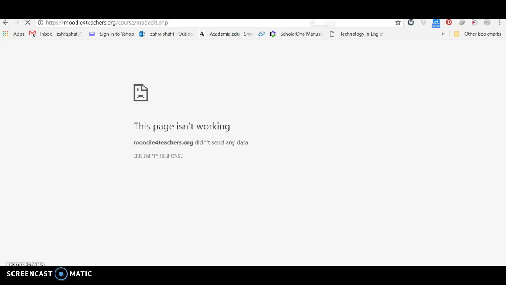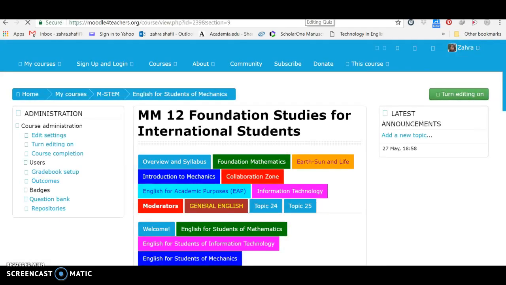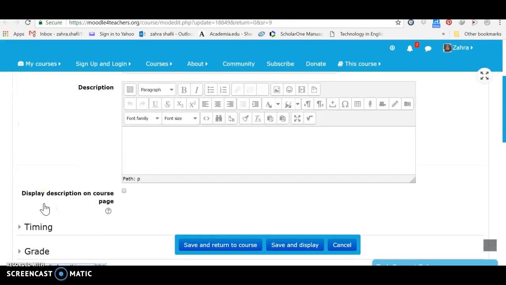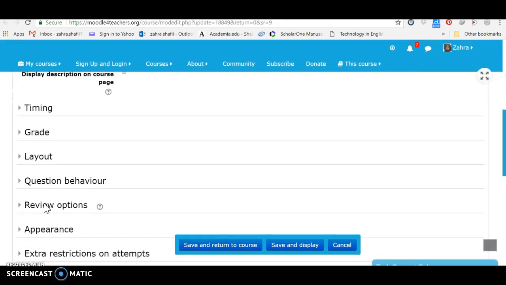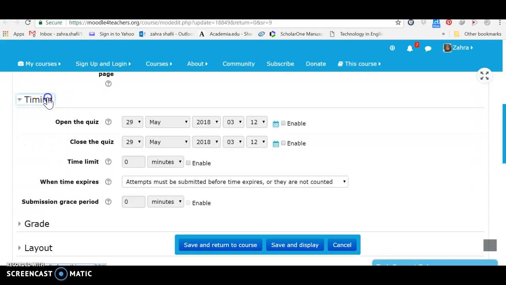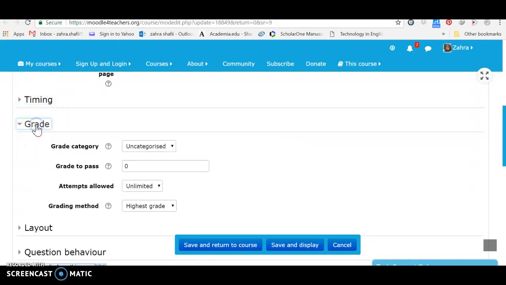Okay, we check this part again. And then finally we've got a quiz, a mechanic quiz. Timing is not important. I'm not gonna put students under pressure, but grade is important. Grade to pass, for instance,